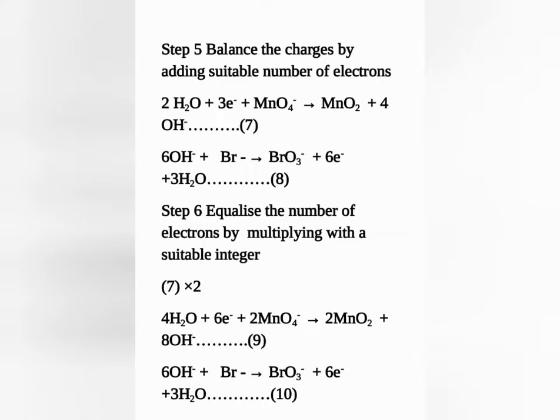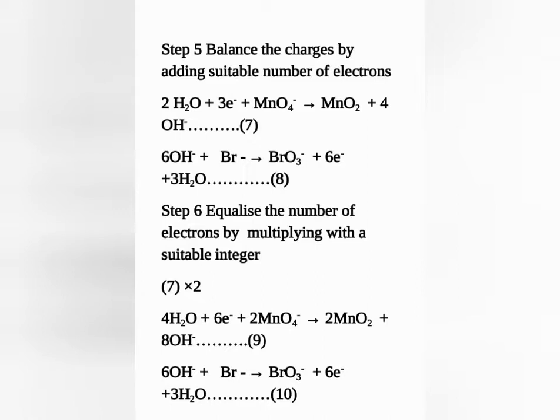Only that step is a bit difficult. We have to calculate the number of charges. While calculating charges, the charge of the species has to be multiplied with the stoichiometric coefficient. For example, MnO4 minus will have only -1 charge because the stoichiometric coefficient is equal to 1. But in the case of 4OH minus ions, the charge is equal to -4, since one OH minus ion has the charge -1, but the stoichiometric coefficient is equal to 4, so that is -4.